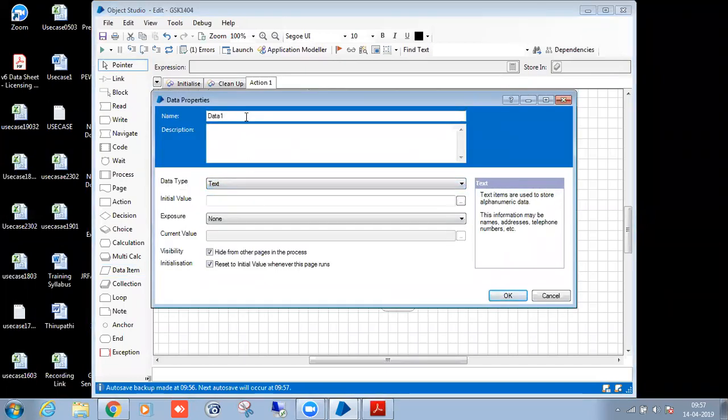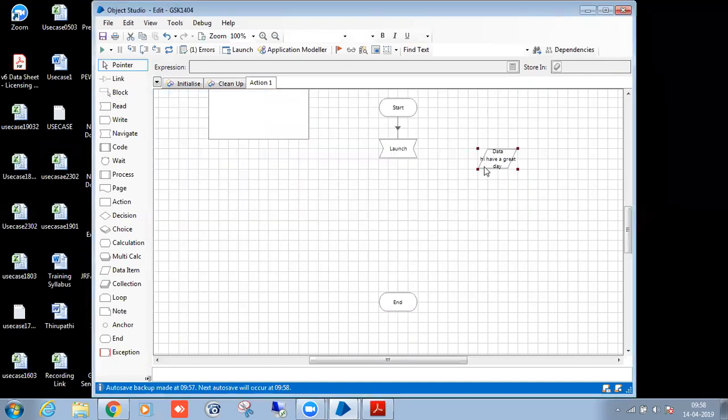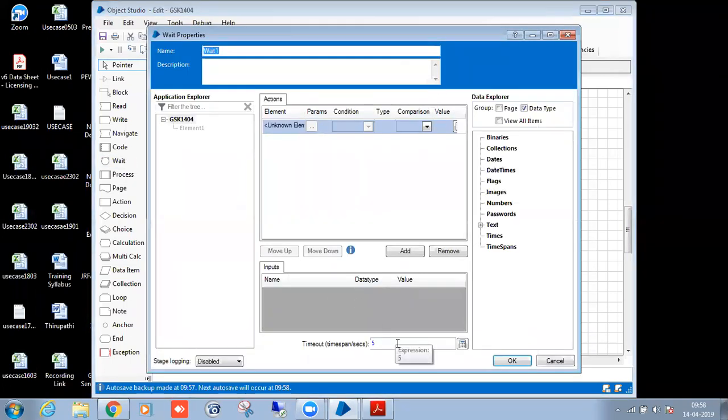So there is data which I want to write in the document. After launching the application, I will wait for 2 seconds, a static wait.